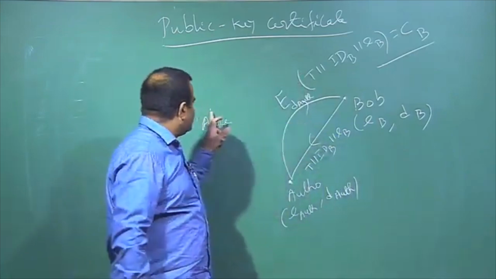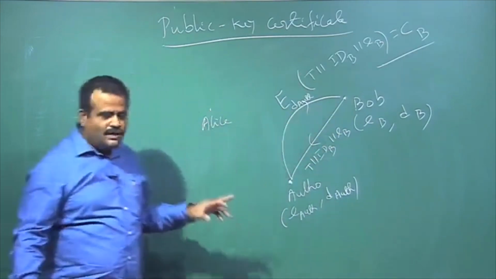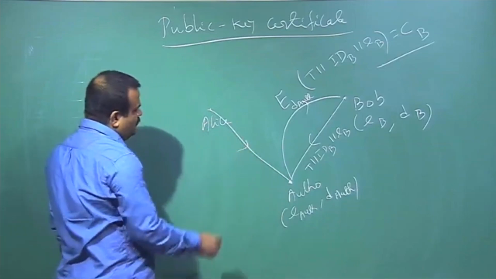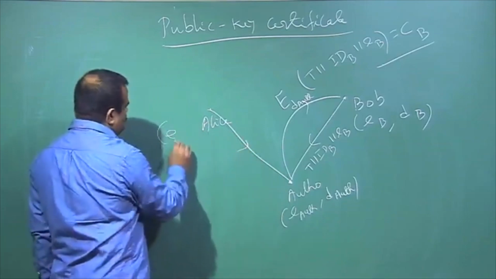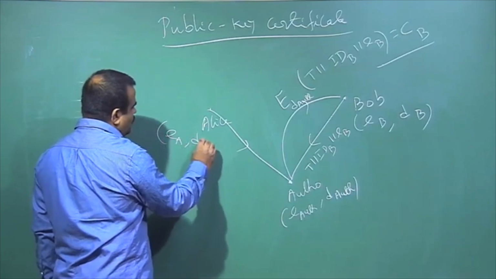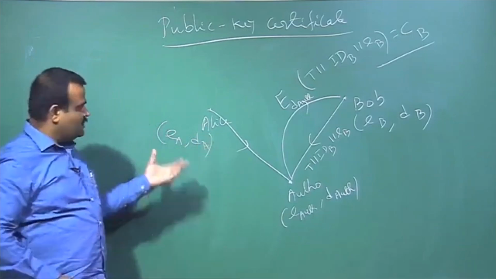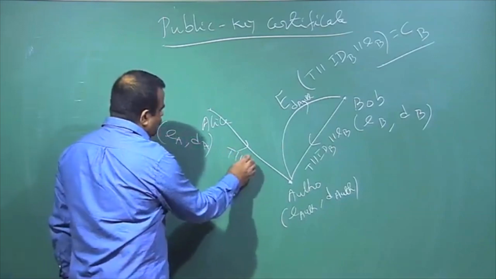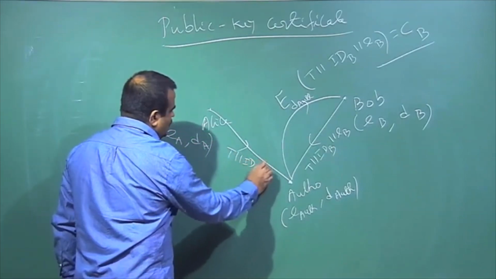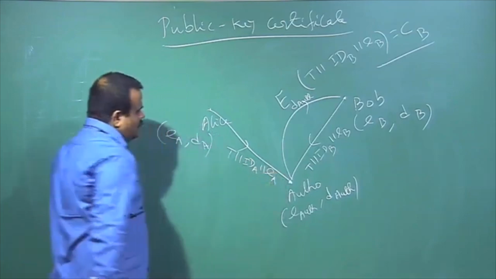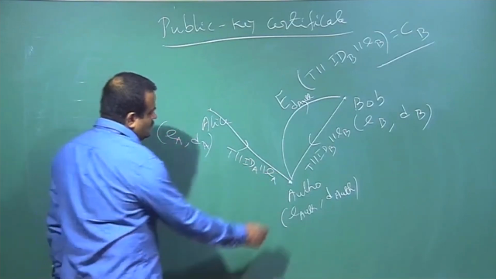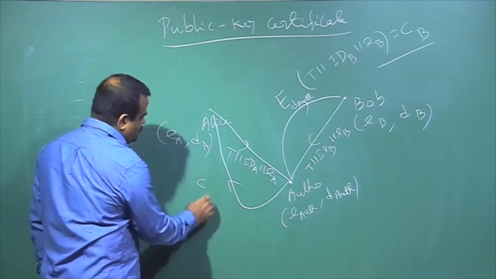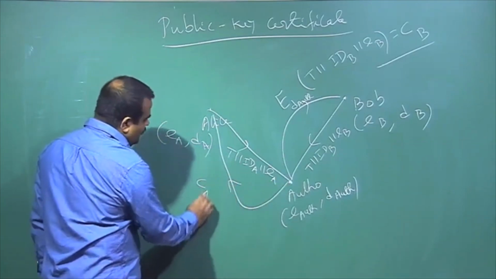If Alice wants to get a certificate, Alice has to do the same thing. Alice has to generate her public key, private key pair. It could be RSA, it could be anything, so it is a public key crypto system. Now Alice sends a timestamp along with the ID of Alice and the public key of Alice, and then the authority will send back the certificate,